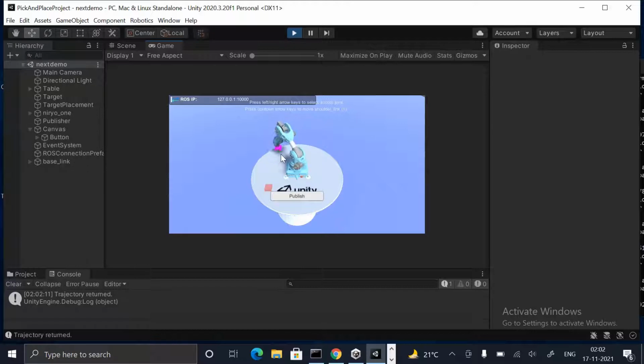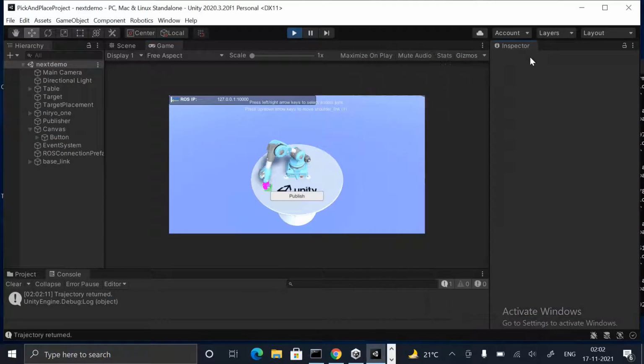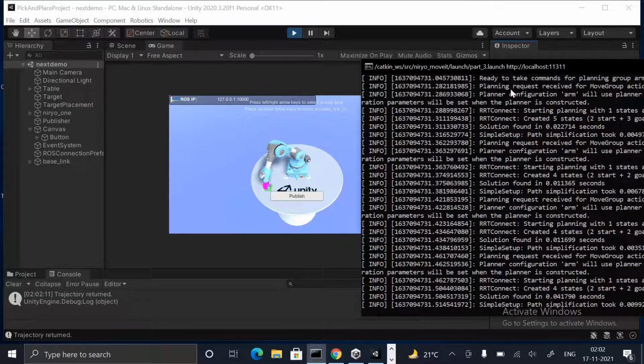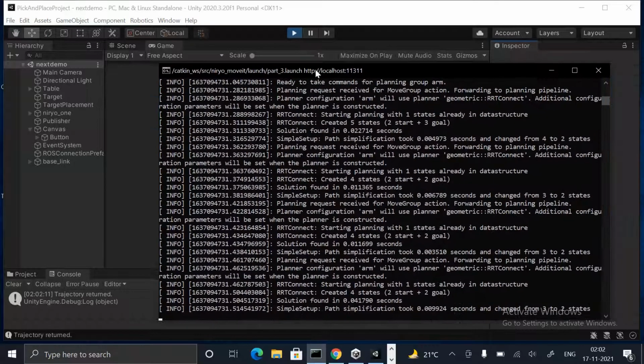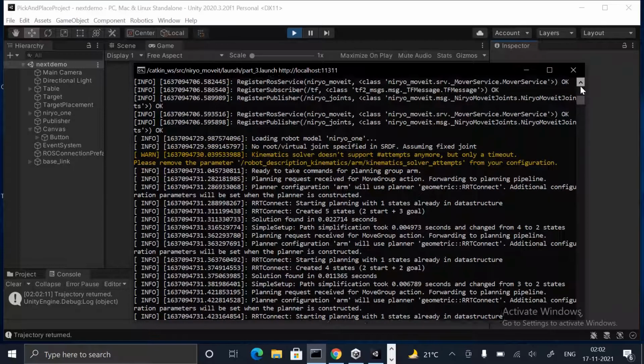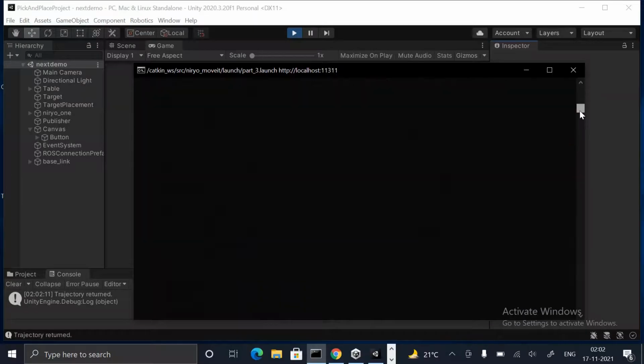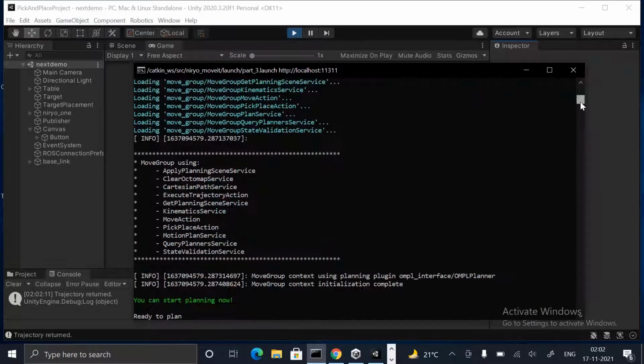You see the object has been created, taken up, and it is being put to the place that is the target that it has to be done. So if we just go back again, you will see that there are a lot of messages being populated over here because it has made a direct connection to the model itself, the ROS model, and every step has been communicated and performed in a manner.